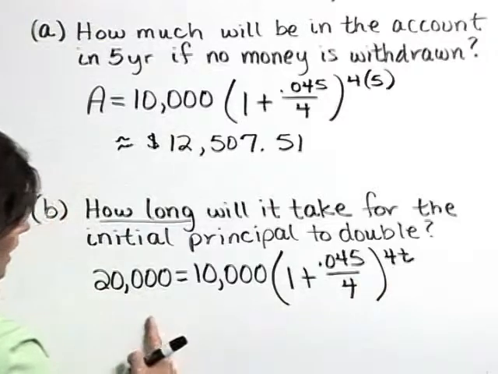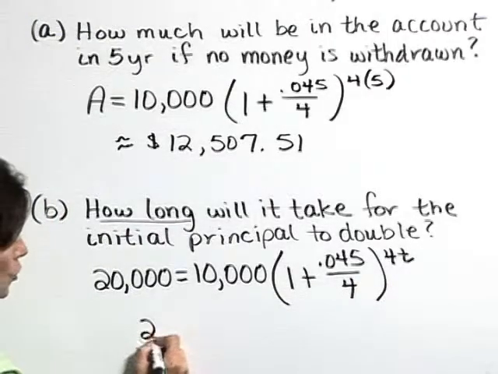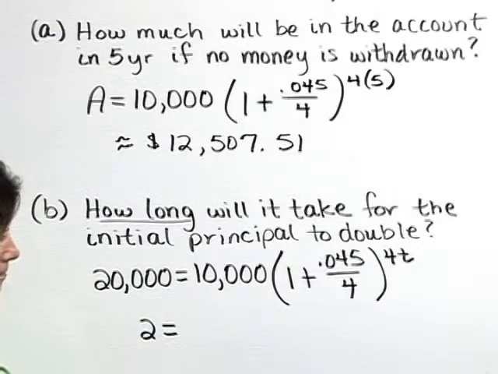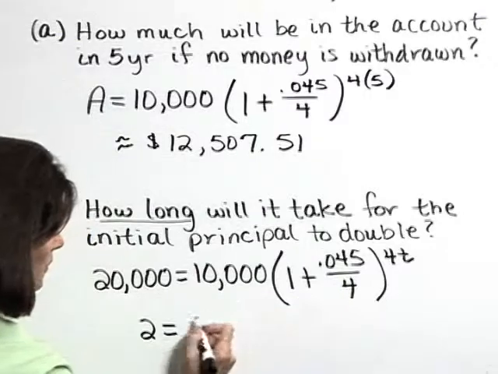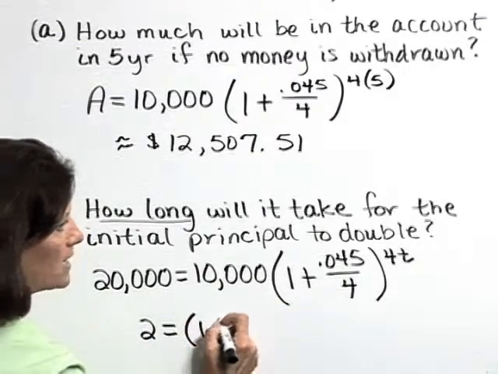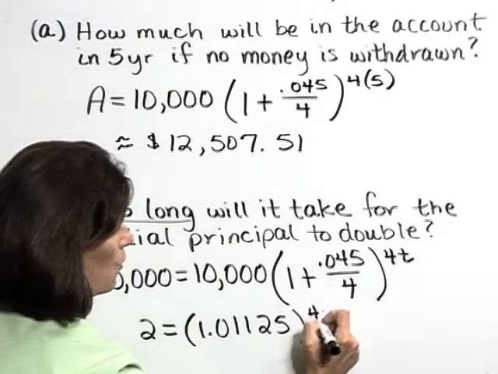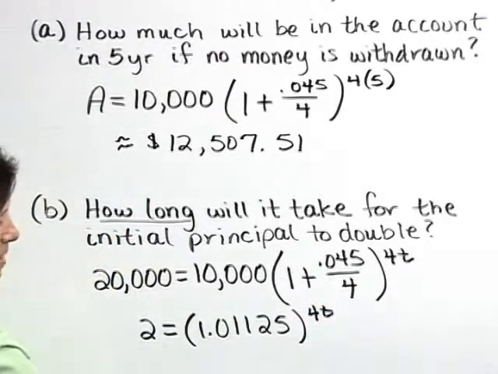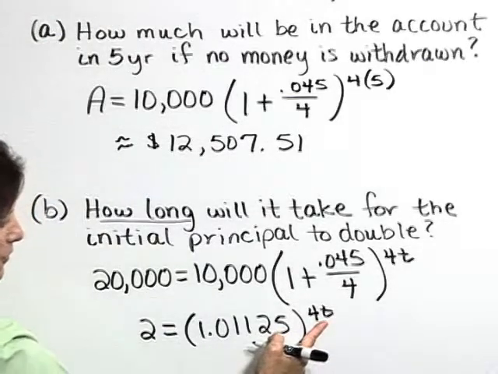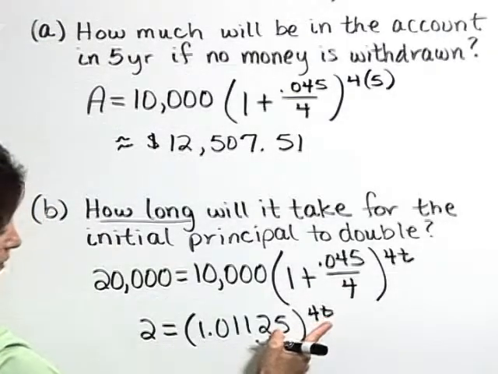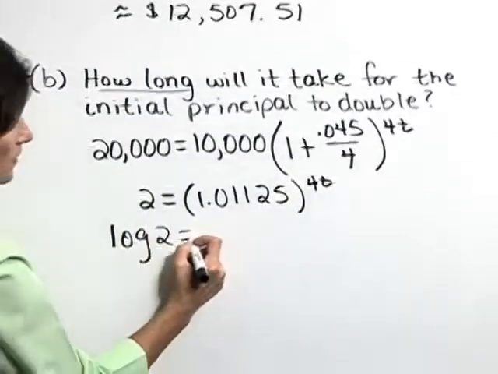Start by dividing both sides by 10,000 so that we have 2 is equal to, if we evaluate this expression in parentheses, 1.01125 raised to the 4t. We'll get this variable out of the exponent by taking the log of both sides, common log, that's log base 10. So log 2 is equal to